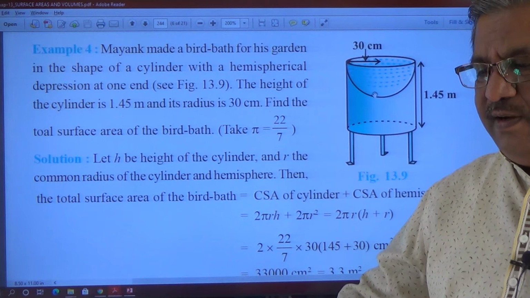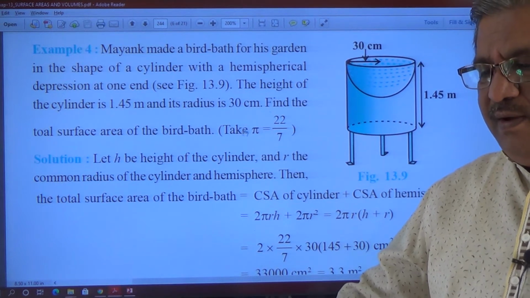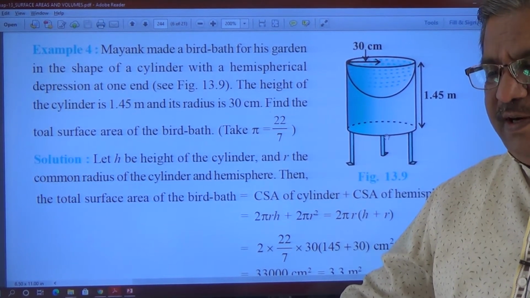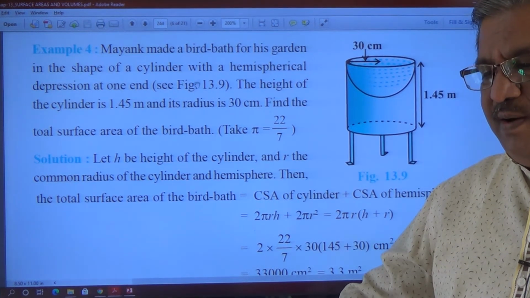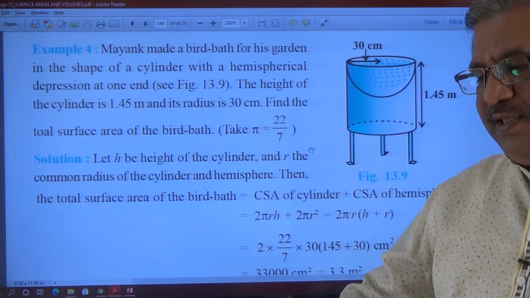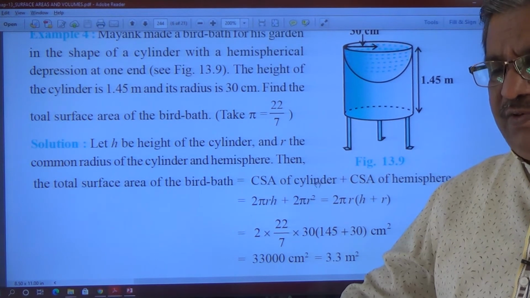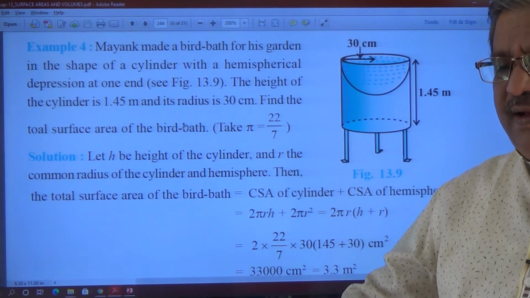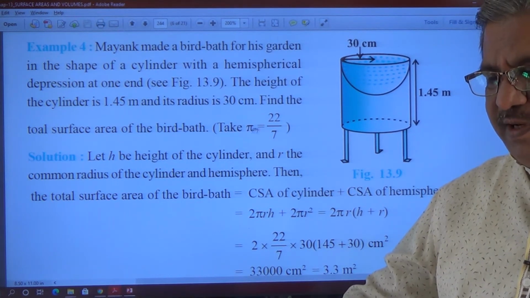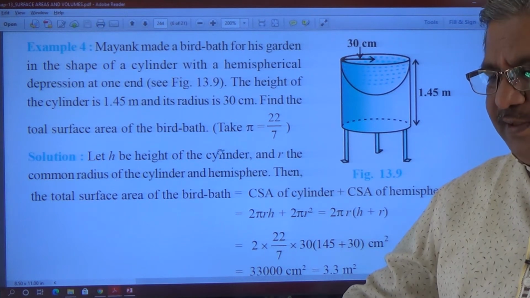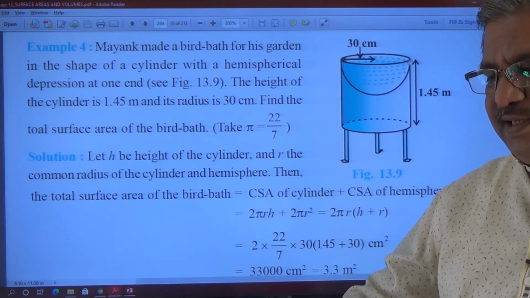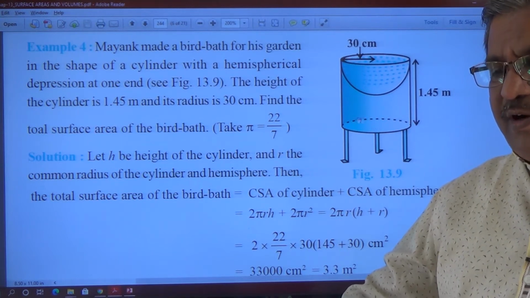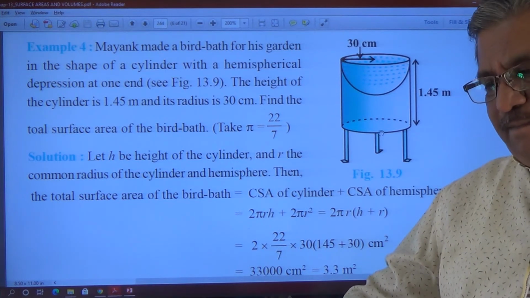The way it is solved over here, you have to solve this. See, important is here when we consider the total surface area, the bottom portion is not included. So my suggestion is, if you get a bird bath problem, whatever is solved over here, the same way you solve and you will get the correct answer. Mark this bird bath problem, because here what is to be found out is the total surface area of the bird bath. That is CSA of the cylinder plus CSA of the hemisphere, but we need not consider the bottom circular base area here. We need not consider. He has not considered.